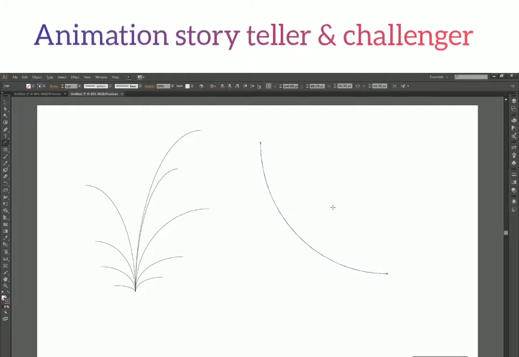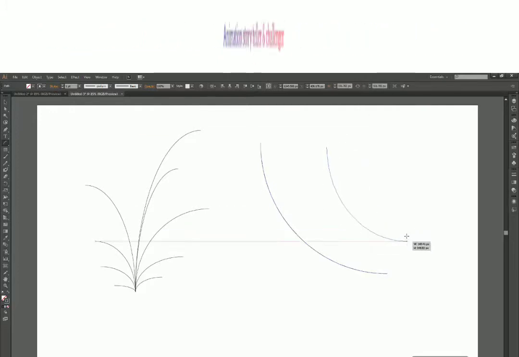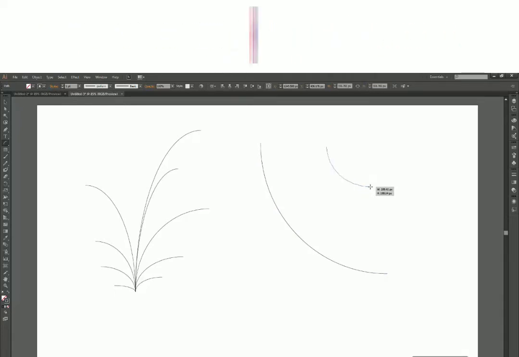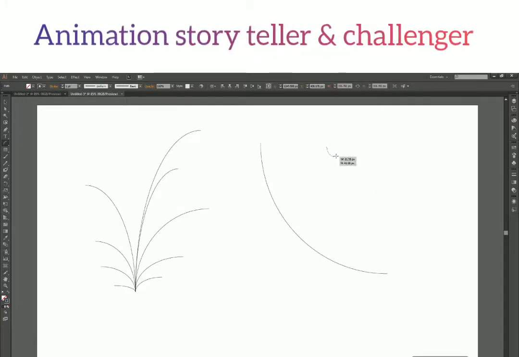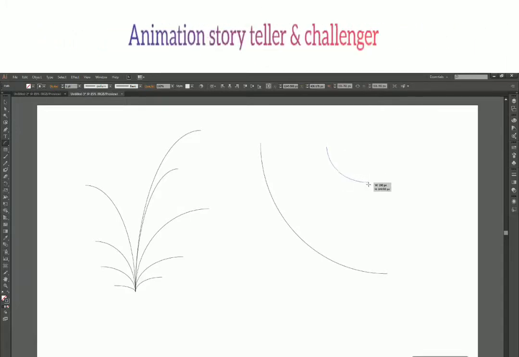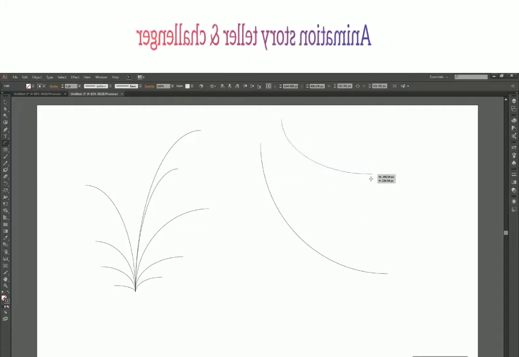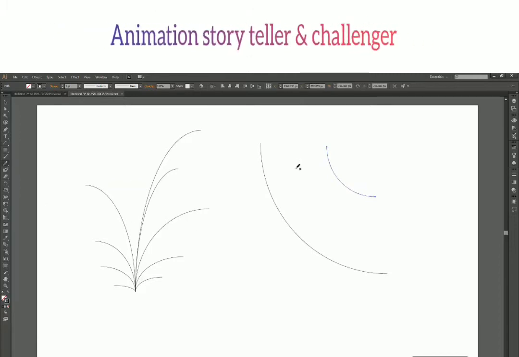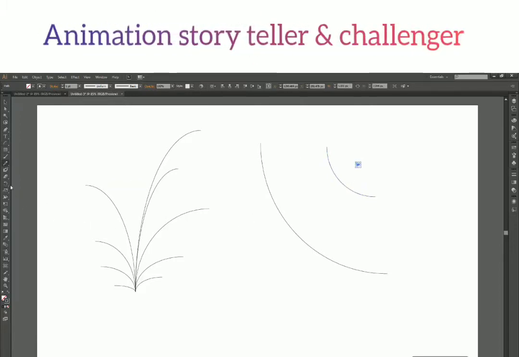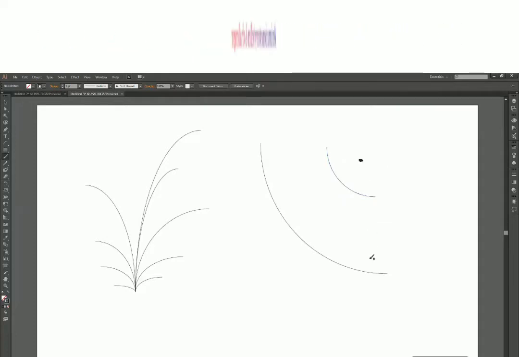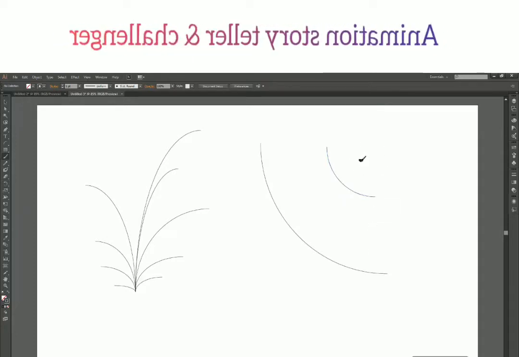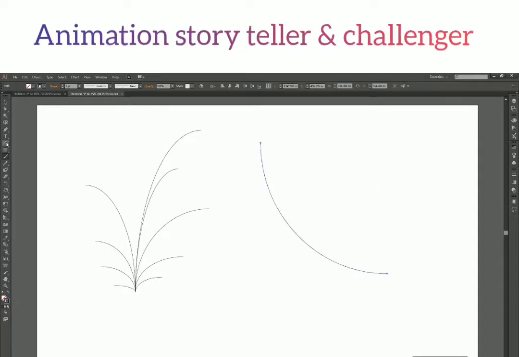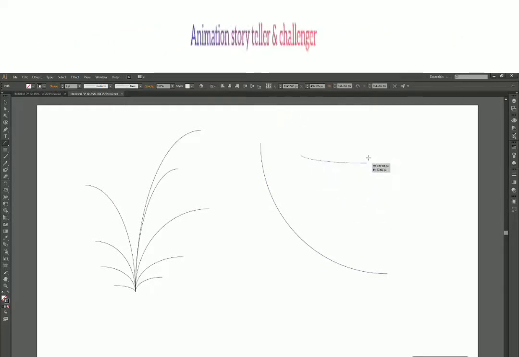Okay, let's see how the alt key works. While drawing the arc, when you press the alt key, it shifts your center to your starting point. From where you started drawing the arc, it shifts the center of your arc to that place. Like in here, the center of this arc would be somewhere around here. So what it does while drawing the arc, it shifts the center to this point from where you started drawing, and your arc scales or expands from both the ends.